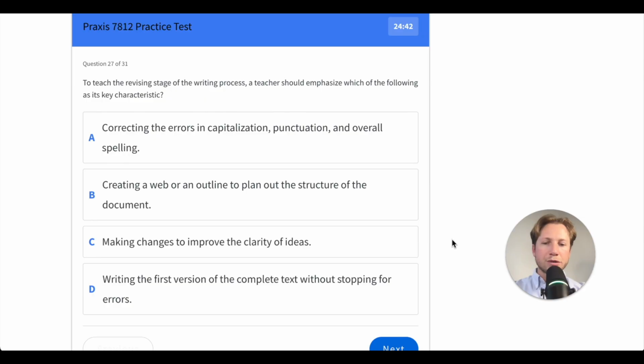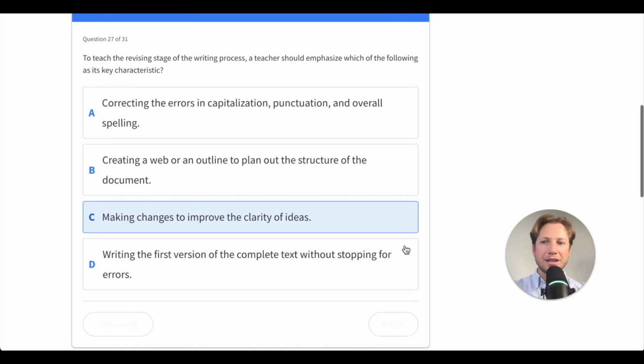All right, let's recall the revising stage of the writing process focuses on what's called the bigger picture. These are these kind of bigger picture issues of a young learner's writing. We can think here about clarifying ideas and improving organization and strengthening word choice. So we don't use "good." Whatever they're trying to describe, we can use stronger words. All right, so for that reason, I'm going to go with answer option C, making changes to improve the clarity